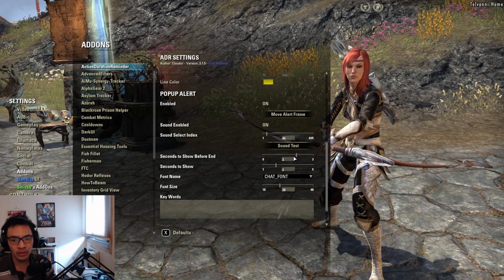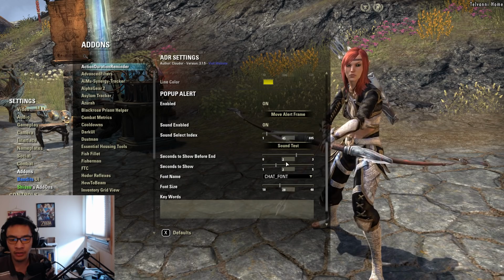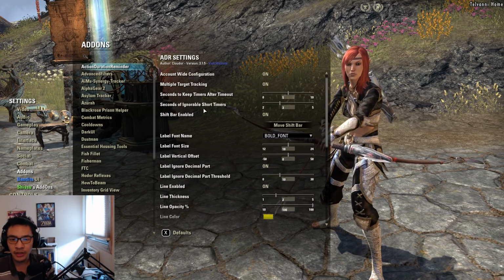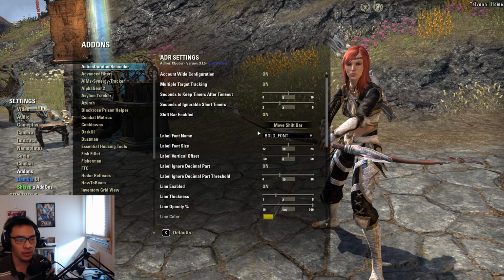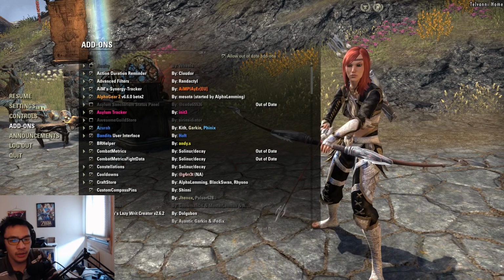So if I have it to show for 2 seconds before the dot runs out, so it's up there for that size. I also put in keywords as well, and this here is the shift bar, which is the timer down at the bottom there. The next add-on I want to mention here,